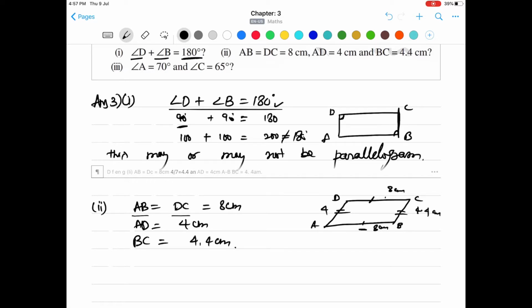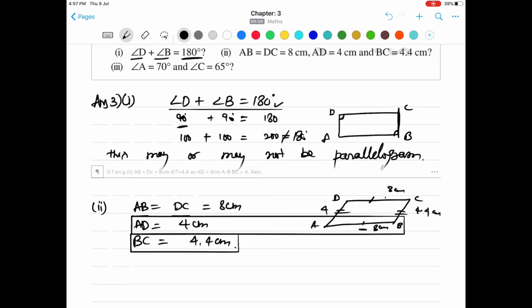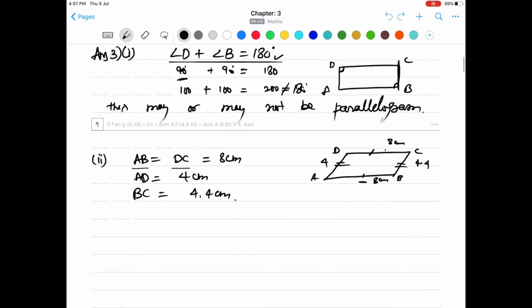From the property of a parallelogram, we know that opposite sides are of equal length. These two sides are not satisfying that property. Therefore the answer will be no,